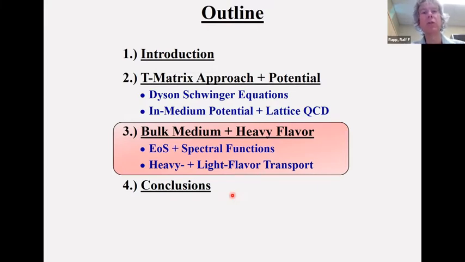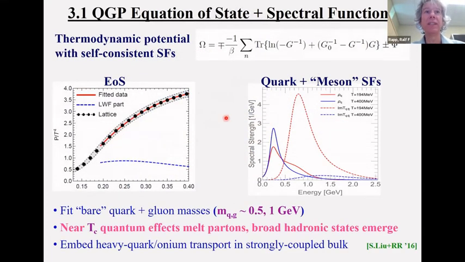In fact, the bulk medium already played a role in what I discussed in the previous slides, because we had to evaluate in particular the spectral functions, the self energies of the individual heavy quarks, which arise due to the interactions with the medium. So in fact, the medium is also part of that self-consistency, if you wish. And here it's, of course, very important to use again a formalism for the equation of state that accounts for the quantum effects and yields a conserving approximation for the T-matrix approach.